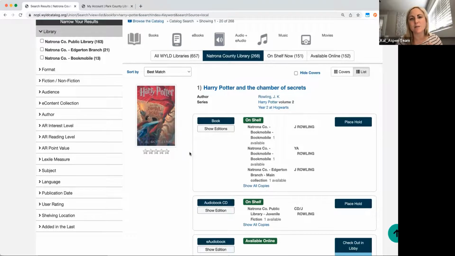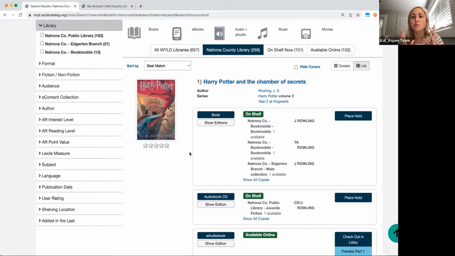Aspen's relevancy is based on multiple factors, but the key ones are the number of copies that you all own, the number of times that thing has been circulated, the number of times it has been placed on hold, the number of times you've reordered a copy of that thing. So there's a number of metrics that it's looking at to boost what we think folks are looking for to the top of your search.